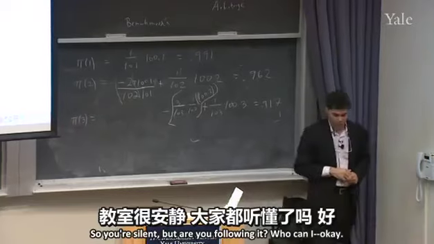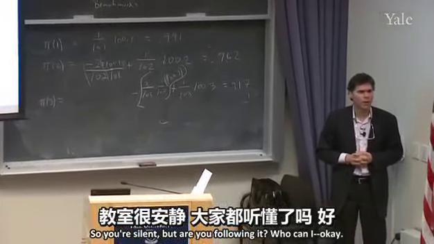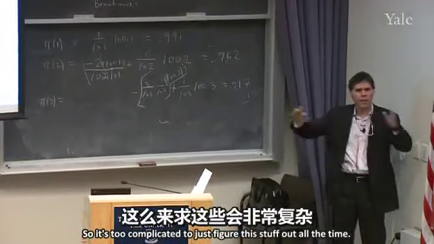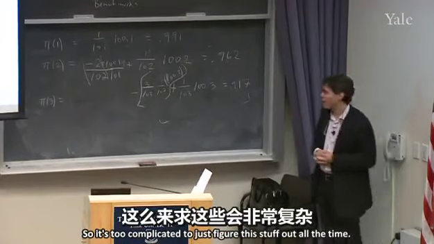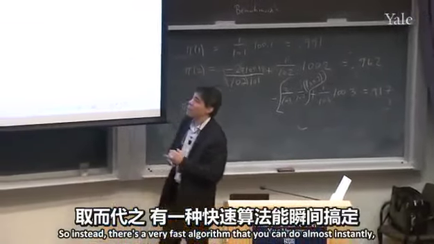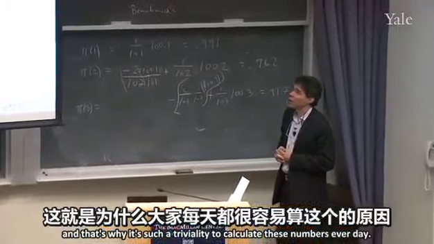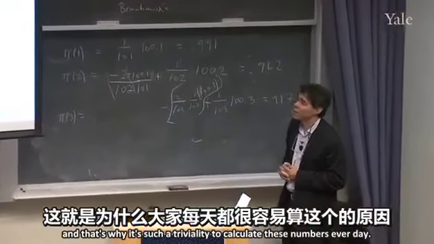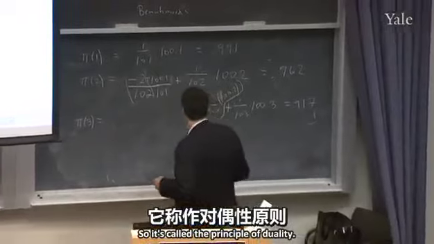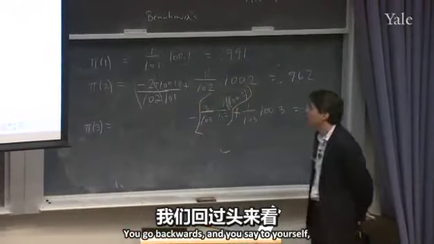You're silent, but are you following it? Okay. So it's too complicated to just figure this stuff out all the time. Instead, there's a very fast algorithm that you can do almost instantly, and that's why it's such a triviality to calculate these numbers every day. It's called the principle of duality. You go backwards, and you say to yourself,